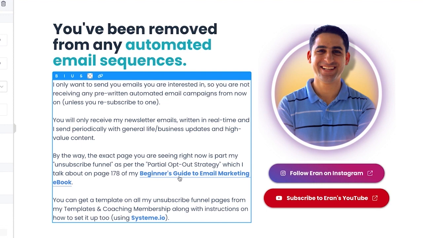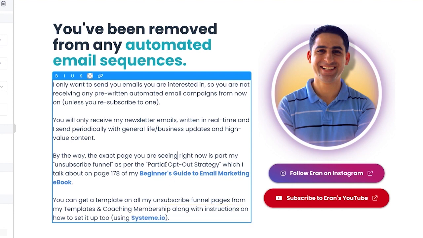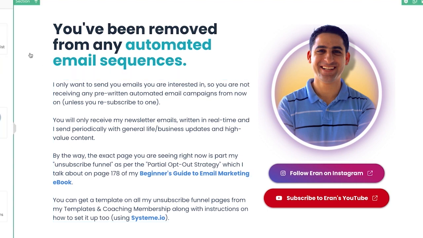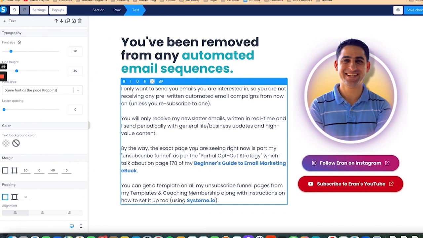Amazon. Now, technically, it doesn't have to send them to Amazon. I can actually set it up so this also goes to a link that I have in my main website. I don't have to do it to Amazon, but for right now, I'll just do it to Amazon. And then this one is a systeme.io link. So there is kind of a little bit, even though they unsubscribe, there's a bit of an upsell opportunity here,